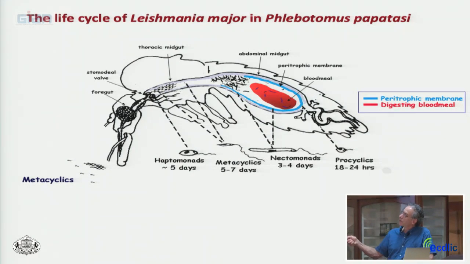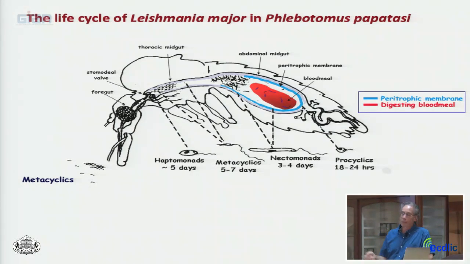So this is where these parasites are, exposed to all these digestive enzymes in the posterior midgut. And so that's an important point. Once the infected blood meal is taken in, that blood meal goes to the posterior midgut, okay, and encased in